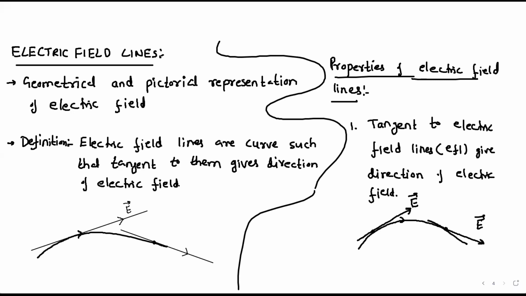Okay. Now after electric field lines, that was the first property of field lines. Next we have the second property of field lines. So what does the first property say? The first property says about the direction of field. It says if you want the direction of field, just draw a tangent. That tangent will give the direction. Now there is one conceptual question based on the first property.